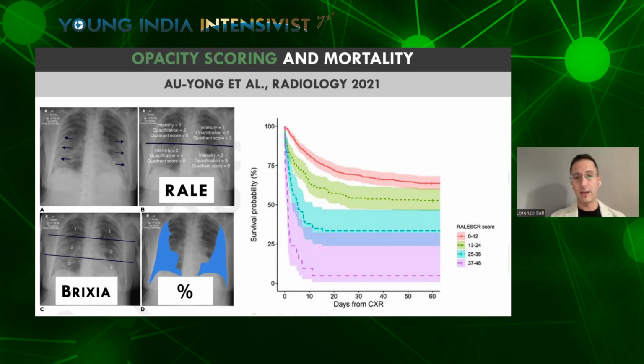So simply looking at how white my chest X-ray is and trying to quantify it, not only stating this is a bit better than yesterday or worse than yesterday, trying to give numbers to our chest X-ray allows us to understand which of our patients is at a higher risk of dying during the ICU stay. I already mentioned that the last method, the estimation of the percentage of opacification in the chest X-ray, is made automatically in many of the contemporary machines we use to acquire chest X-rays at the bedside.